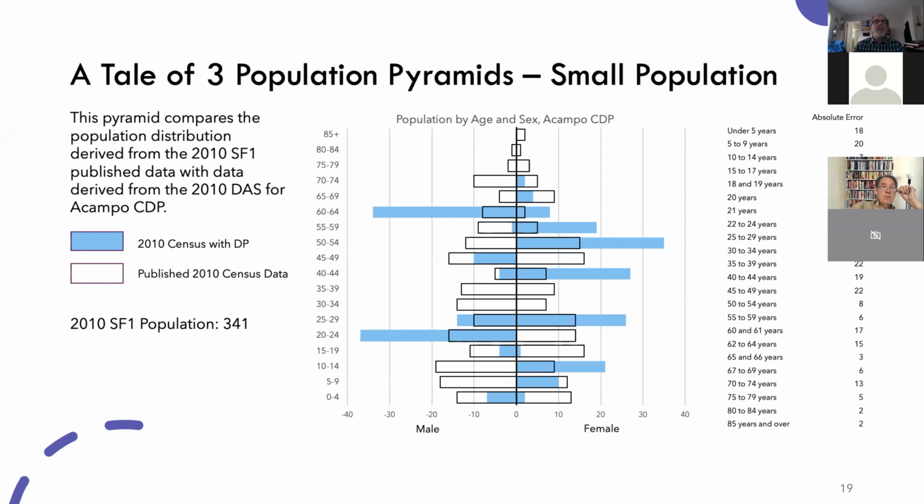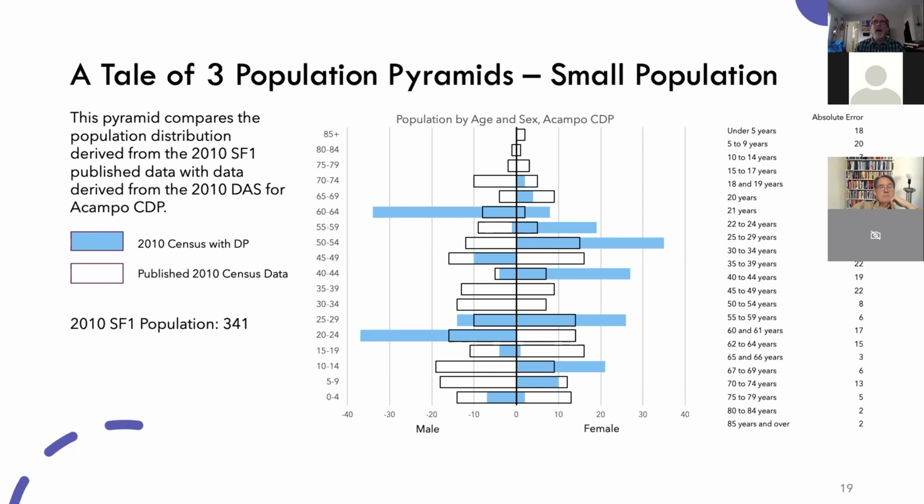The bars in the graphic in the light blue are the 2010 census with differential privacy as released by the Census Bureau, and the clear rectangles were actually the published 2010 census data. The population for this particular CDP is 341, and so what you see is a large amount of distortion introduced into this data set, pretty much so that these 5-year age groups are almost unusable. It zeroes out a number of age categories, including 30 to 34, 35 to 39, and pretty much 75 and up are zeroed out. And you see large concentrations of population at 50 to 54, 60 to 64, 20 to 24,